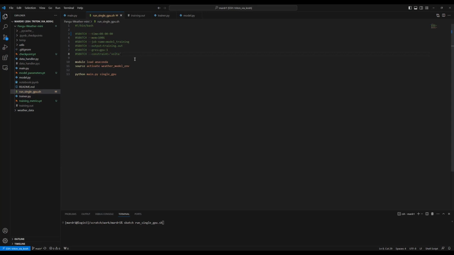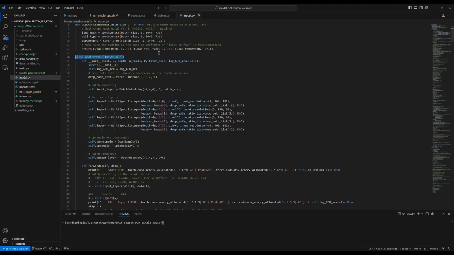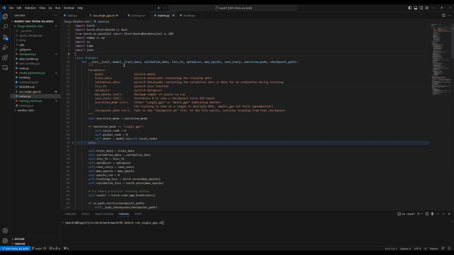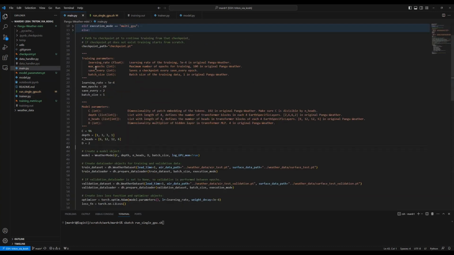Oh, okay. Basically, the VS Code I use to develop these models and training scripts, and of course this main script that is then submitted to Triton. And the notebook is web-based, it's on the web.